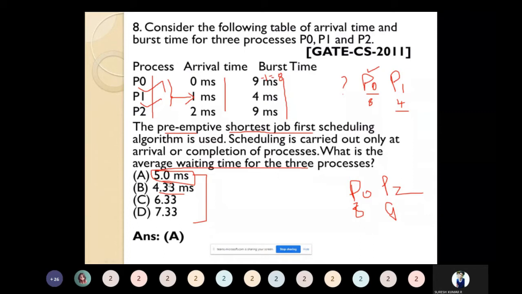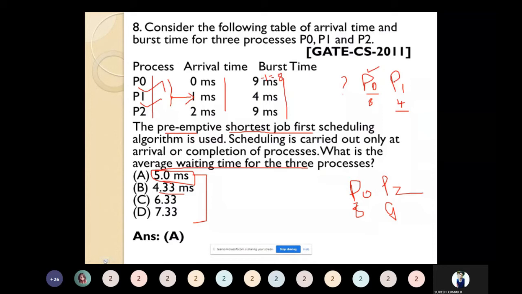Okay, wow. So that is option A, 5 milliseconds is now chosen as the solution. Before we solve any problem, we must analyze which algorithm is there, what data are given, and what question we are going to solve. These three things we have to analyze and write on paper, then go on to solve the problem.